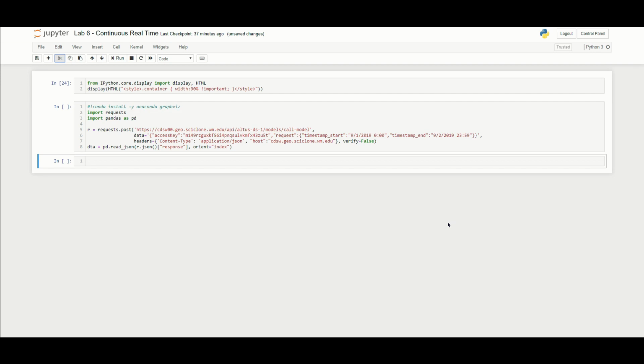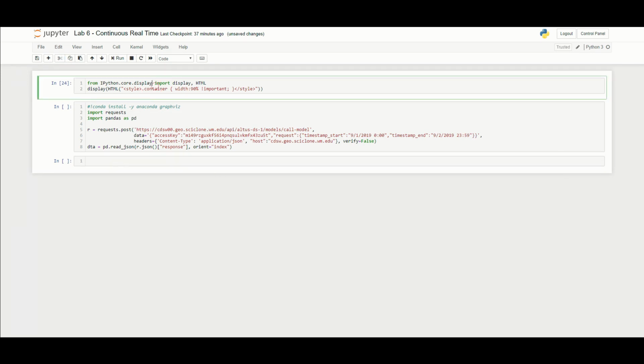To do this will be a little bit different than we've done before, simply because we'll be having to ping a remote web server that contains the information from the camera. So let's take a look at our Python Jupyter. First and foremost, don't worry about this cell. This cell is here just so that I can make this wider so that you can see all of the